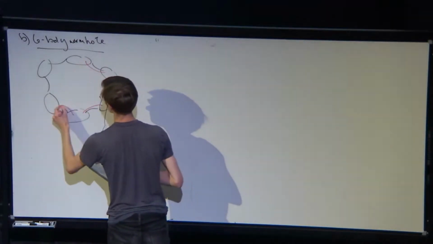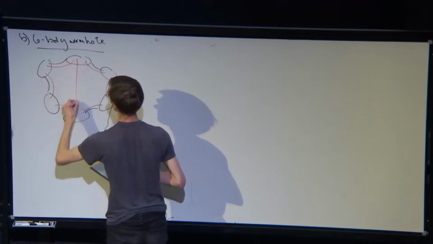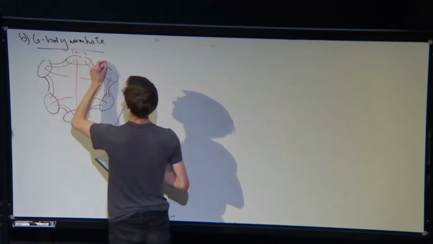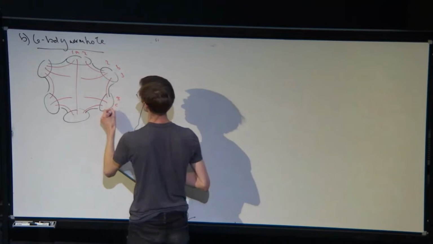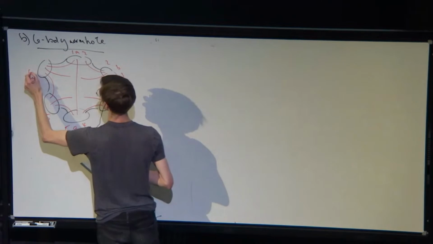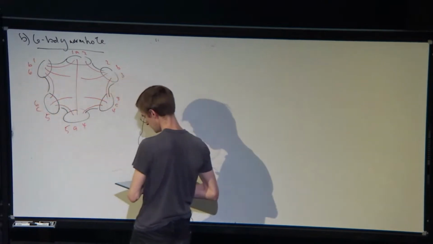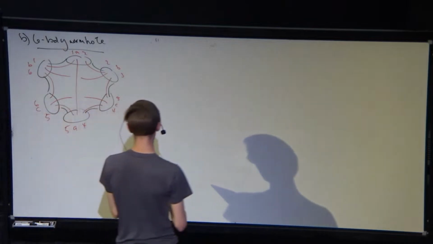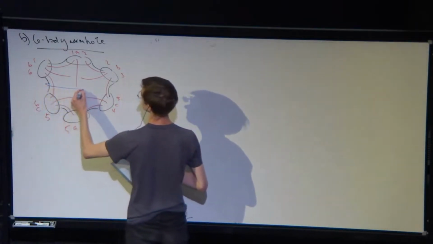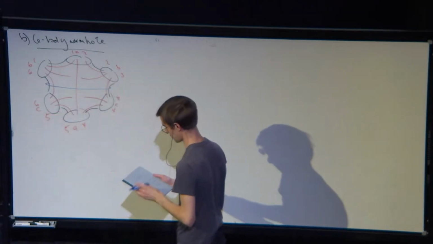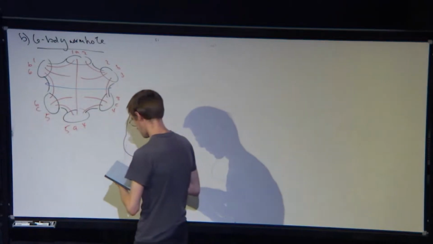So for this class of diagrams, I always connect the defects in this cyclic way: 1A2, 2B3, 3C4, 4A5, 5C6, 6B1. Now to compute this thing, again, I split. And this time I can actually split along a 3-punctured sphere. So I can split along this surface, and I essentially cut it into 2 of these 4-boundary wormholes like I had earlier. So from that point of view, it shouldn't be surprising